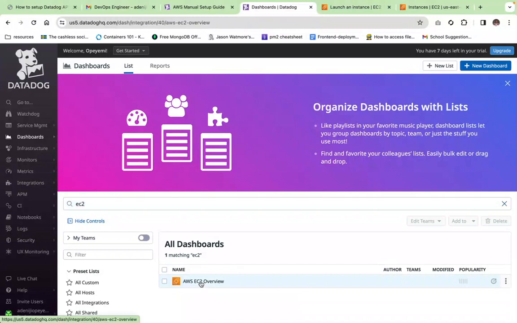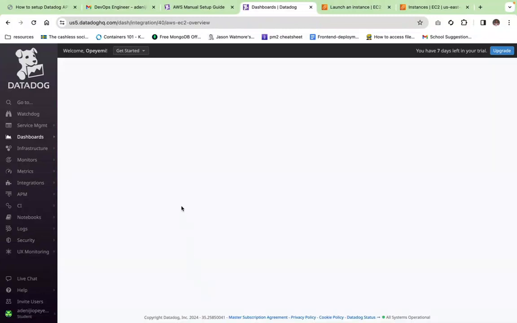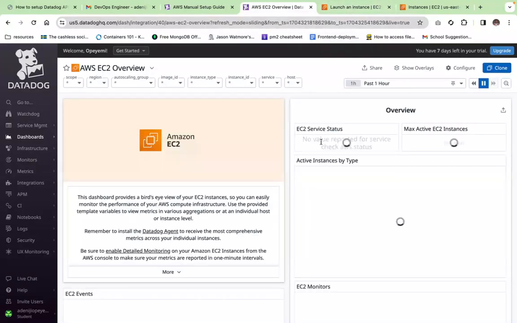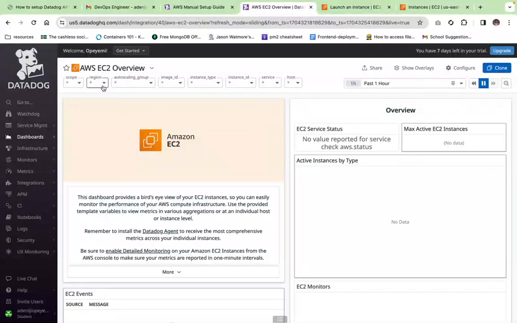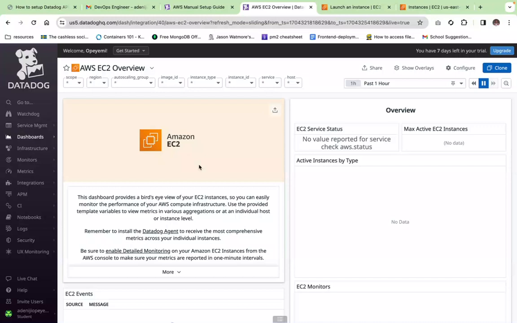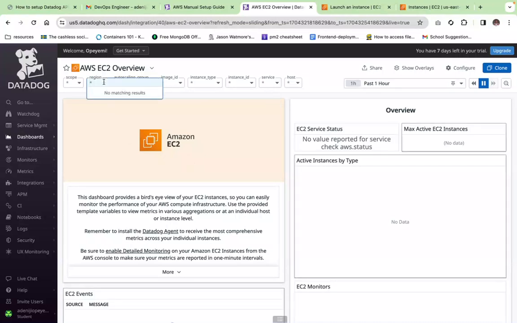So just click on it. We should be able to see information about the particular instance that we just launched, right? So actually we can filter into different regions or anything that we want here. But since I'm running on US East 1,